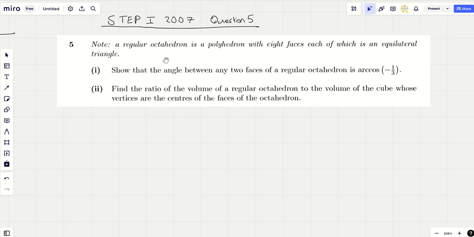Hello everyone, I'm just going to take you through a quick question from a Step 1 paper, 2007, question 5. I picked this one purely because it's the start of the year and I'm going to try and get some of the year 12s who've just started A-level maths or further maths into some of these tricky problems, which are really good for testing your ability to draw a decent diagram, which is such an unappreciated skill, especially if you've